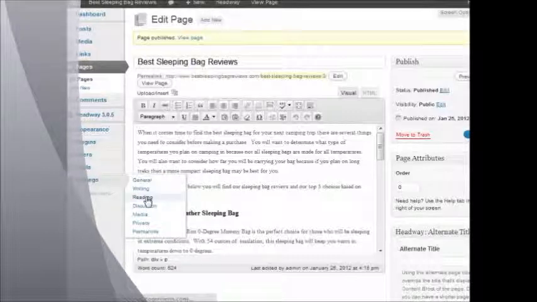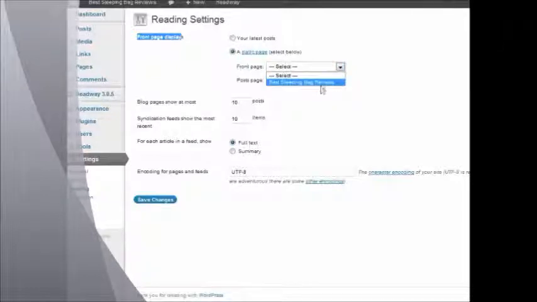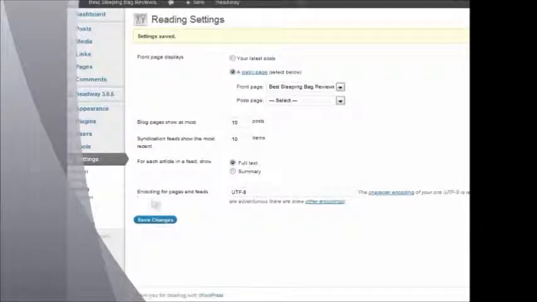Now, one thing we want to do is go to settings and go to reading. It says your front page displays your latest posts. We don't want that. We want the page we just made to be a static front page. So if we do a static front page, and then we just choose the page we just made, which is best sleeping bag reviews, and if I hit save, now that page we just made will be the front page